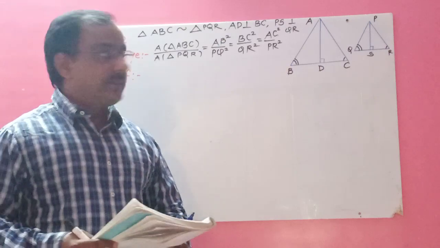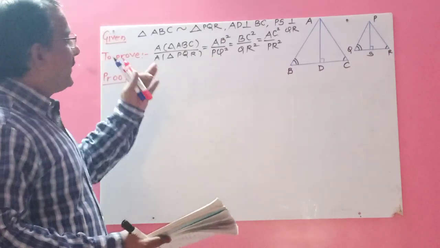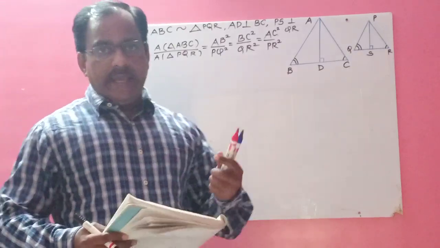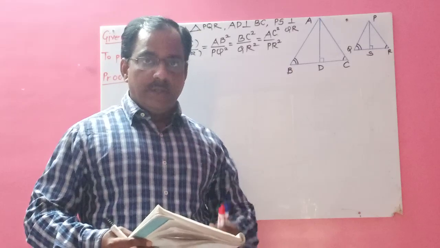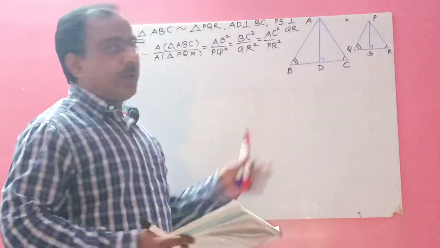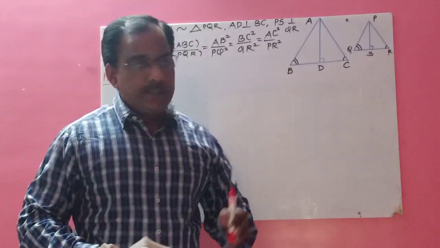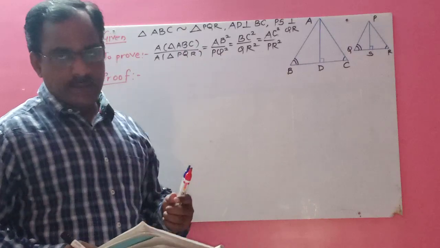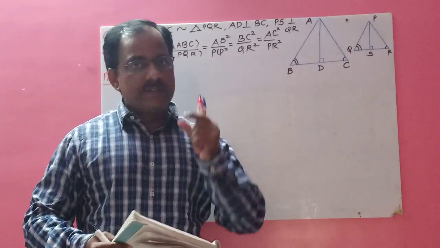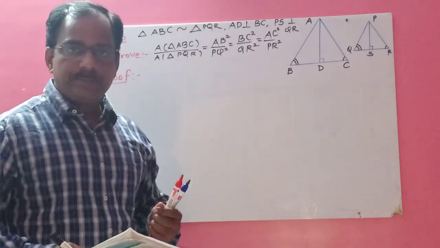Today I will begin with the theorem on areas of similar triangles, and after this I will do exercise 1.4. This is the last theorem, children, and it's an important theorem because the whole of exercise 1.4 depends upon this. But to explain this, I want to do a revision of the previous class.